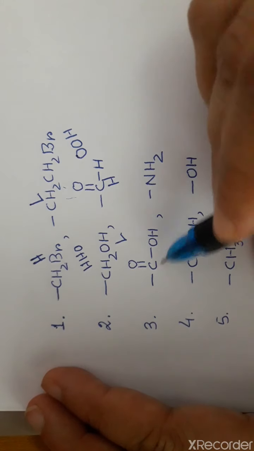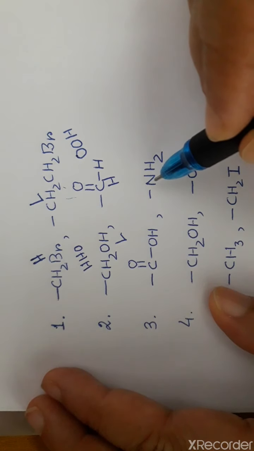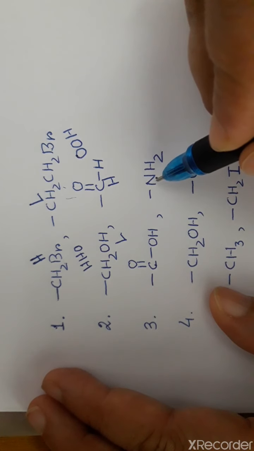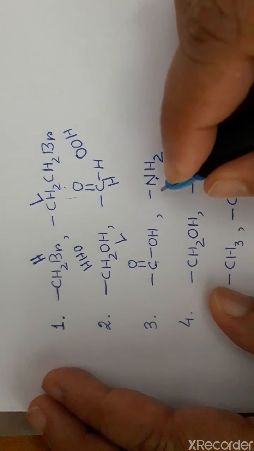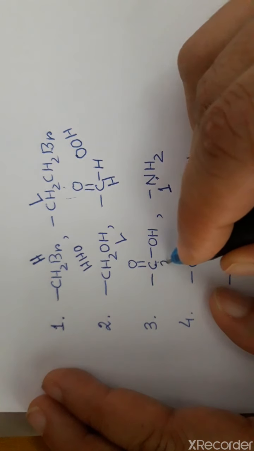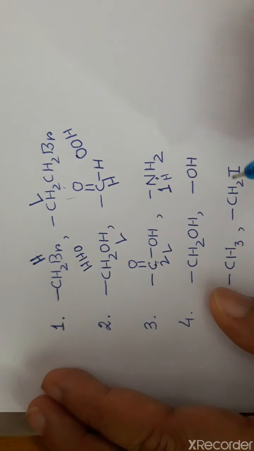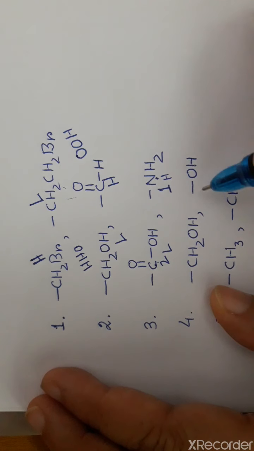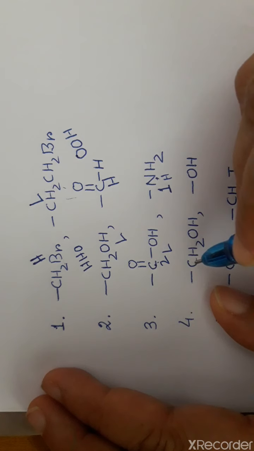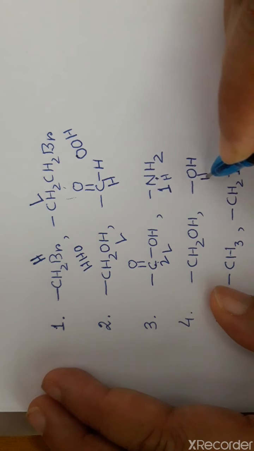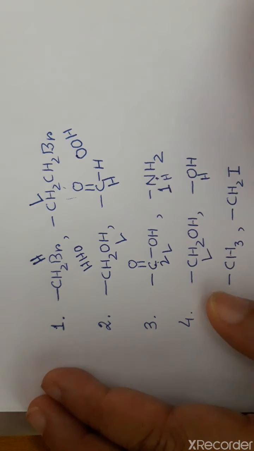Next, come to these two groups, right? This nitrogen is directly attached to the carbon and this carbon is directly attached to the carbon. Now, nitrogen has higher atomic weight than carbon and therefore this will get the first preference and this will get the second preference. That means this will get the highest priority and this will get the lower priority, right? Again, among these two, this oxygen is directly attached to the chiral carbon. Here, this carbon is directly attached to the chiral carbon. Therefore, the oxygen will get the higher priority, then the carbon will get the lower priority, right?